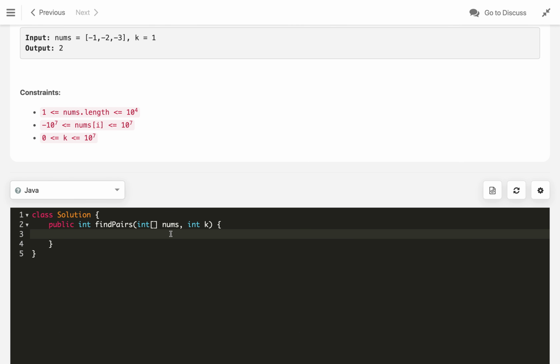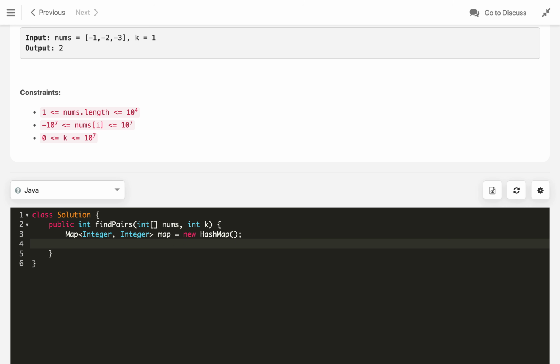For implementing, we need a map which will be integer. In Python you can use a dictionary, or in C++ you can use an unordered map. So let's say, map, new hash map. Now we will first fill the map: for int num in nums, map dot put.